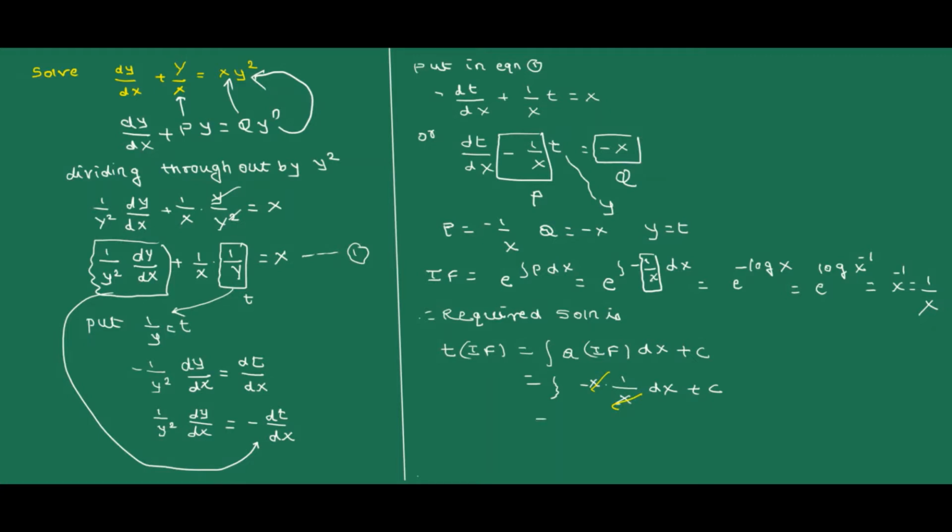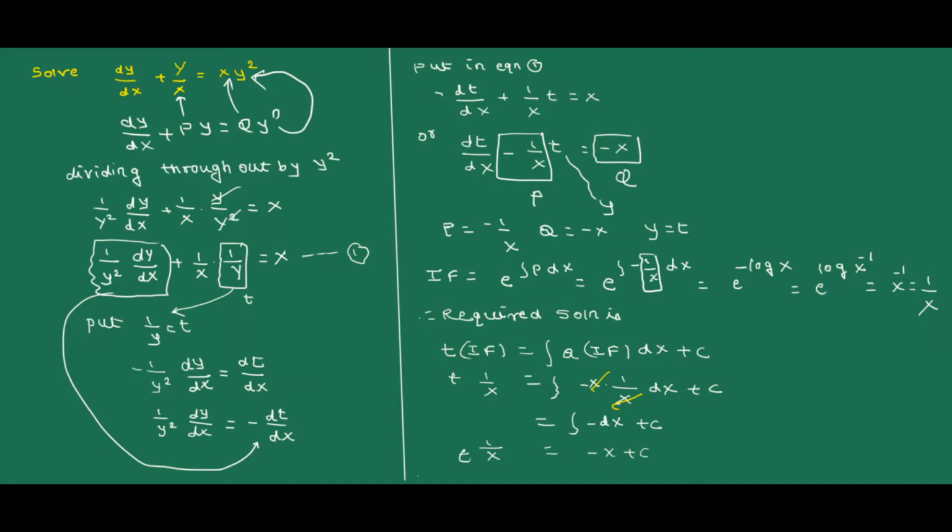So we are left with integration of minus dx and plus c. What is integration of minus dx? That is minus x and plus c. Left hand side we have t into integrating factor value 1 by x. Put t is equal to 1 by y. If you put t is equal to 1 by y, we get 1 by y,